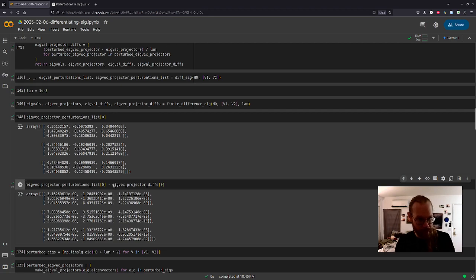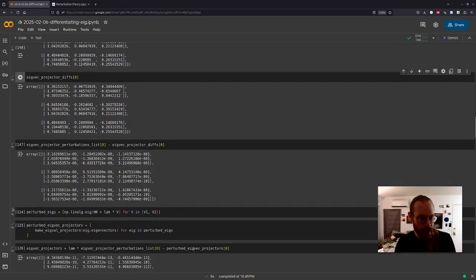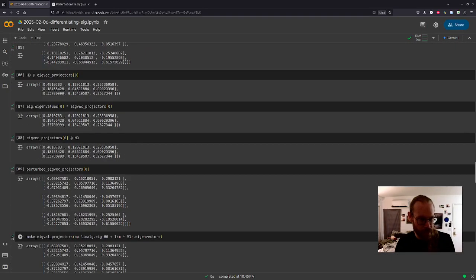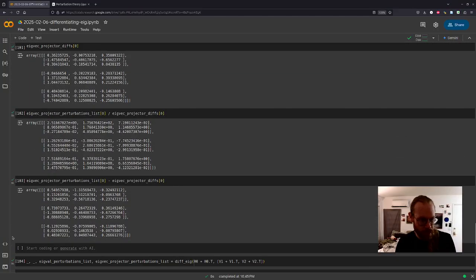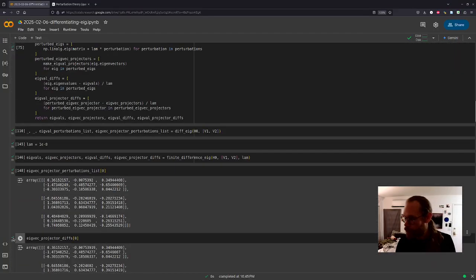Like both of these things are pretty large. And they're all eigenvectors. So we've got derivative calculations going for us.